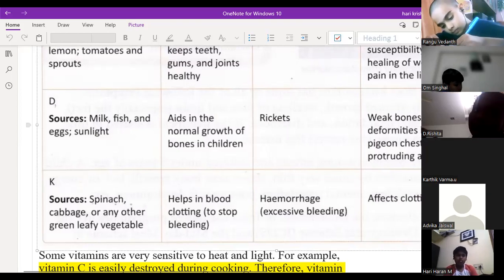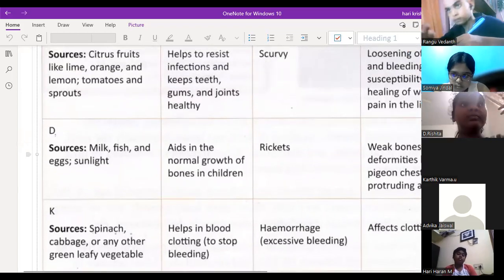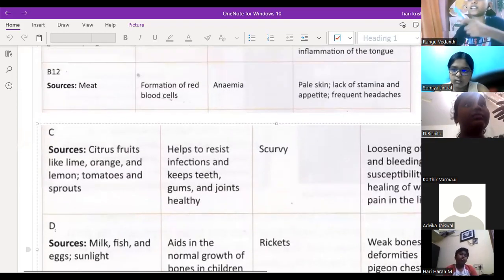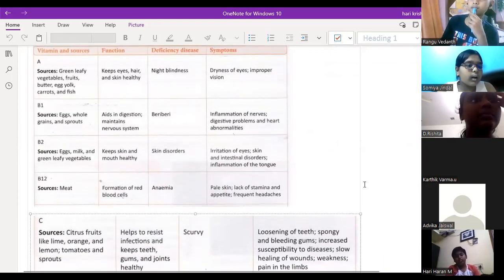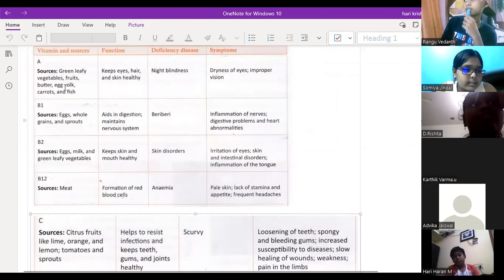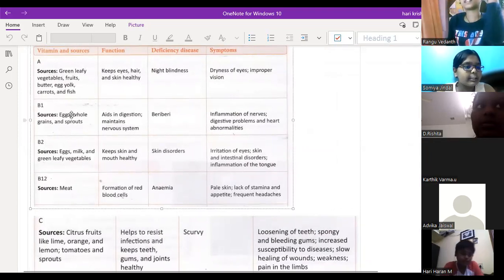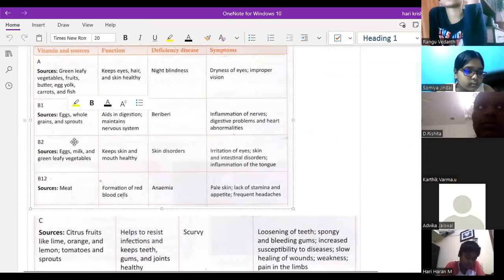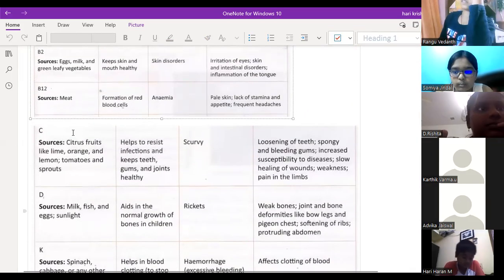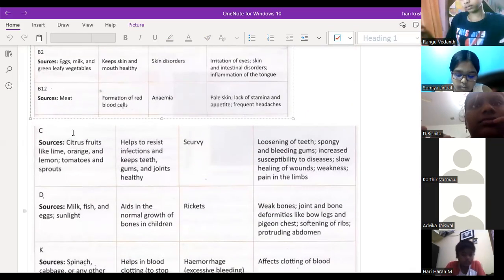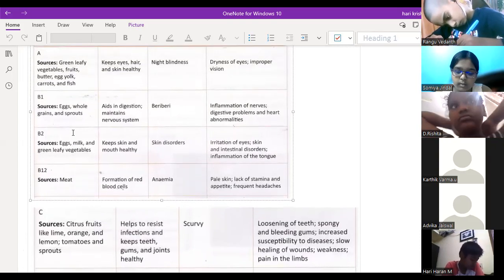Okay. Yes, sir. So which is the most common ingredient we have to take in our daily life to get the many different types of vitamins? Green leafy vegetables. Okay, next. The green leafy vegetables, fruits and eggs. Milk also, you have to take regularly. It will give multivitamins. It will provide the different types of vitamins.